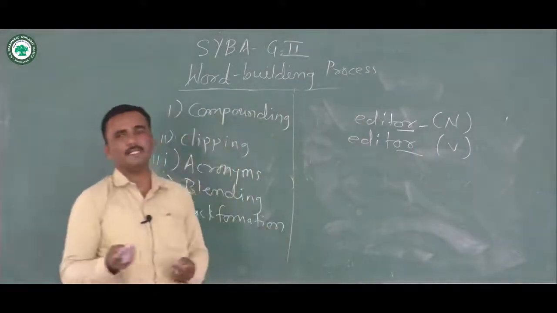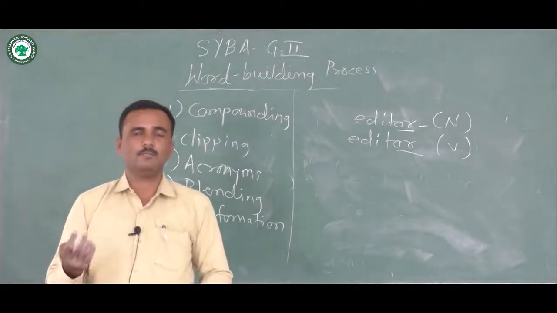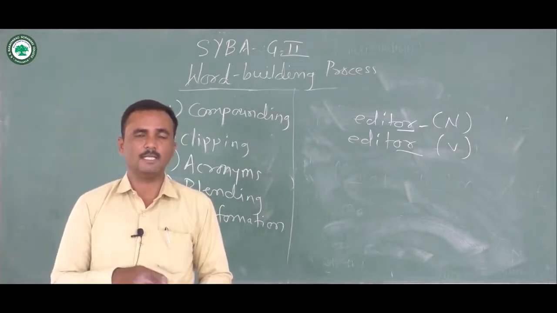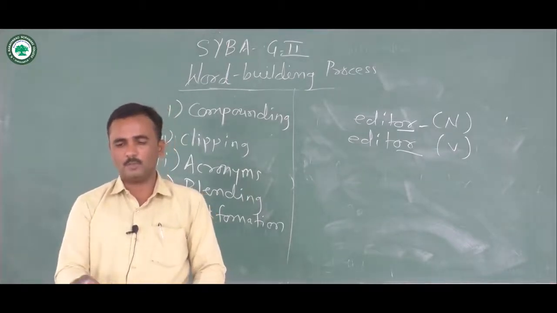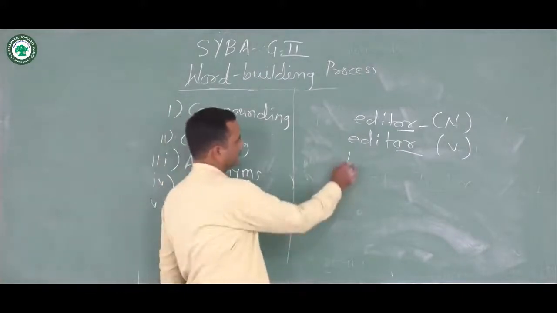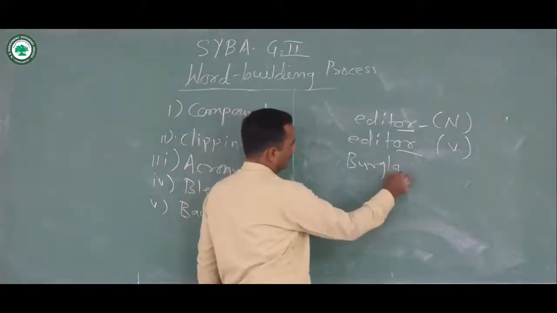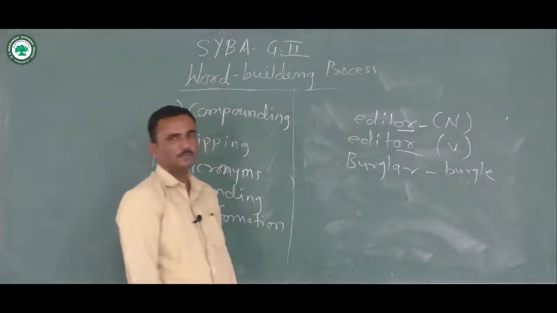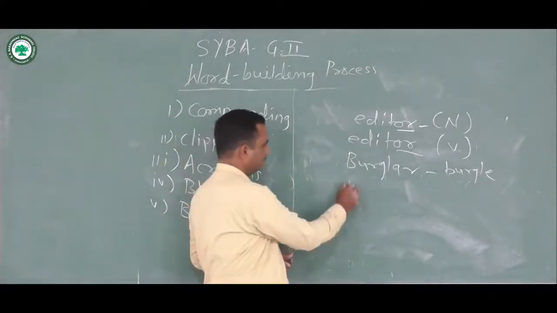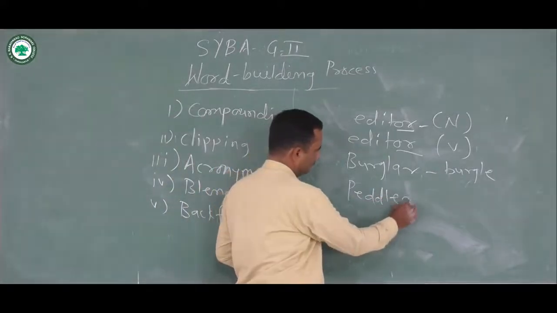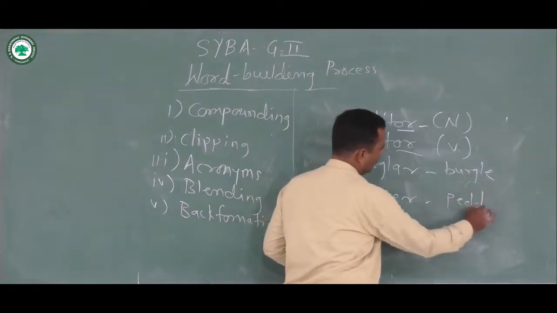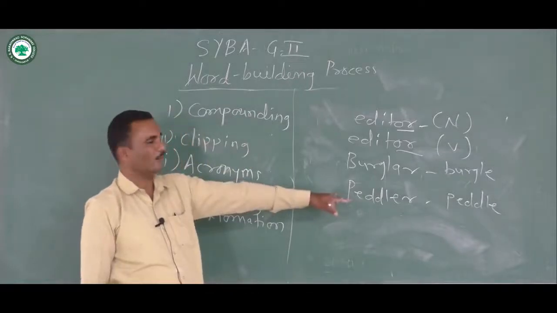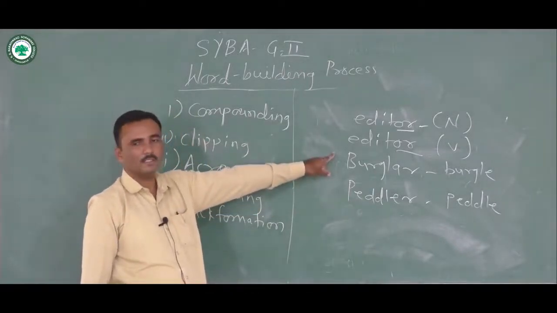Same is the case with words like writer, singer. So when the second part of the word, that is er, is deleted, it becomes a verb. Writer will become write, singer will become sing. Then words like burglar. So burglar is a noun, it can become a verb as burgle. Then words like peddler, its verb will be peddle. So this part of the word is omitted, deleted, and a new word is formed. It becomes a verb. These are the nouns.